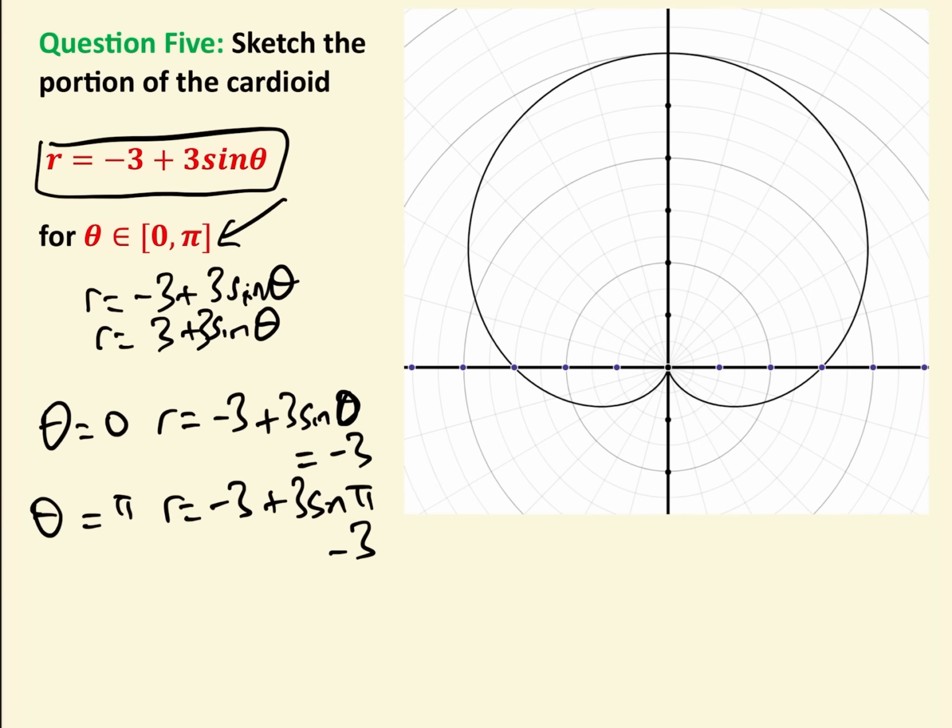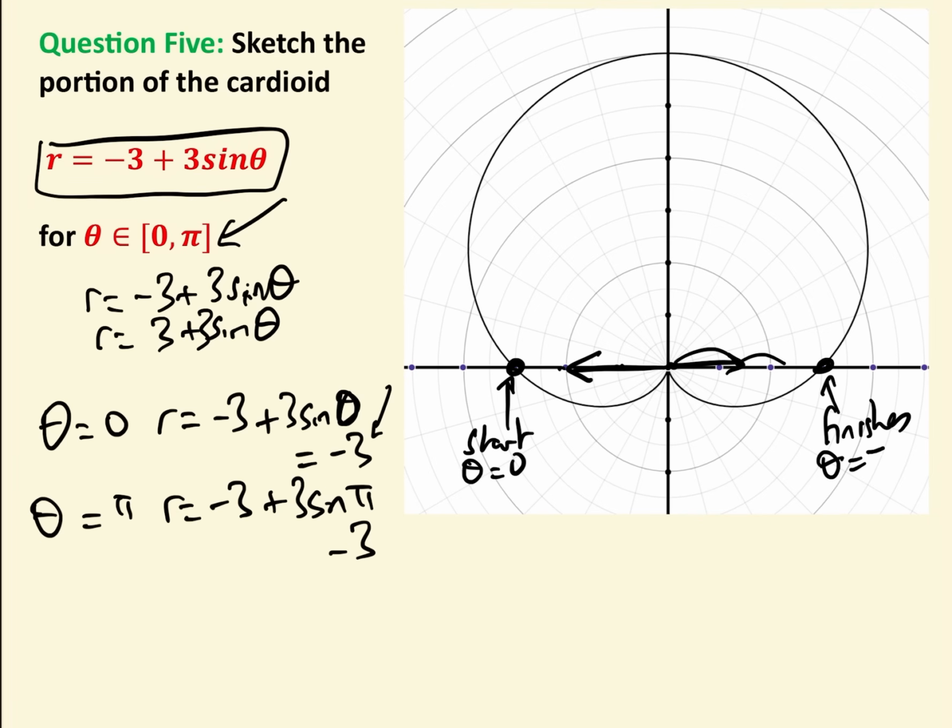When theta is 0, i.e. pointing that way, we have the radius is minus 3, which means we have to go the opposite direction, 1, 2, 3. So this now is our start point, theta equals 0, r equals minus 3. And when theta is equal to pi, i.e. when theta is going this way, r is again minus 3, which means r is 3 this way, 1, 2, 3. So this time it finishes